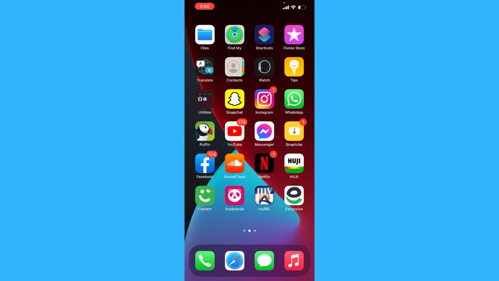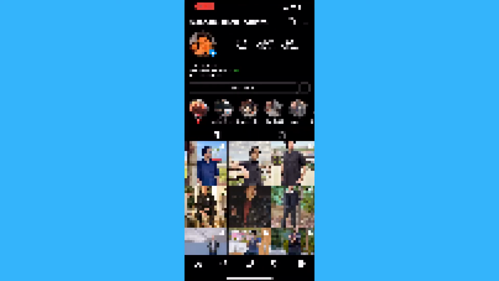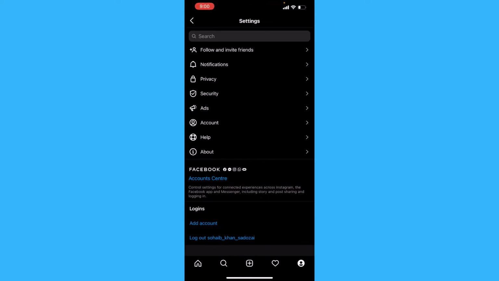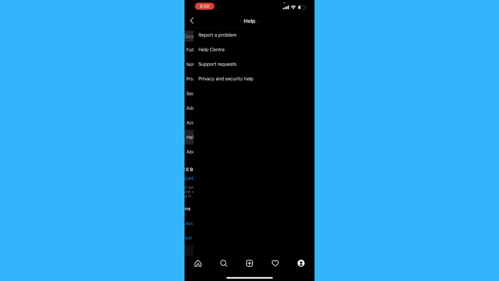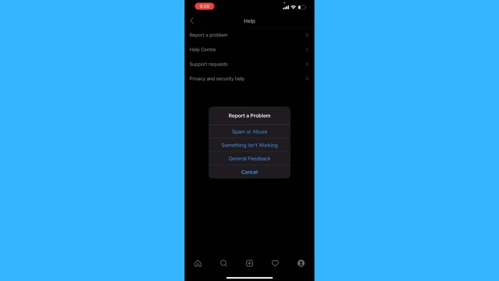If it is updated to the latest version, then go to your Instagram app and go to your profile and settings, and then go to the option of help. Just go to the help, and there will be four more options. Go to report a problem, and after going to report a problem, there will be an option of something